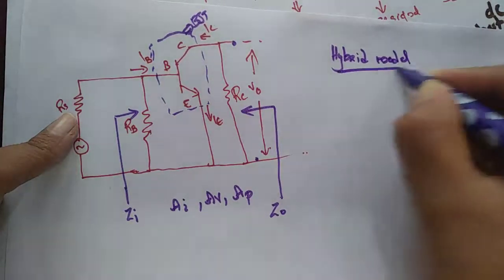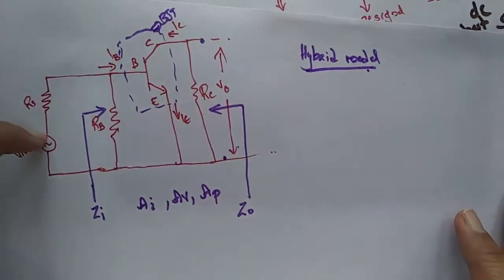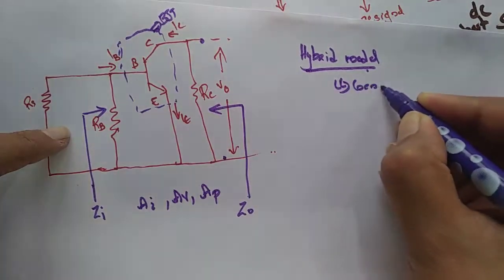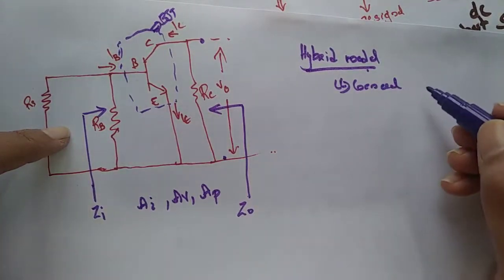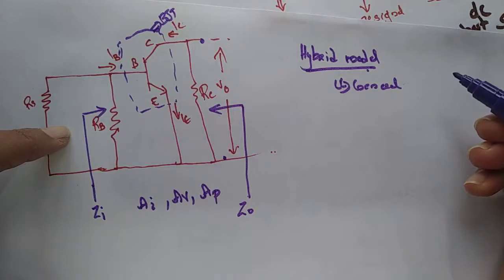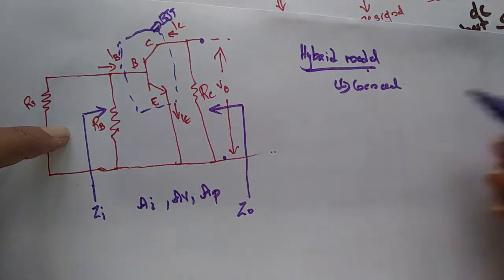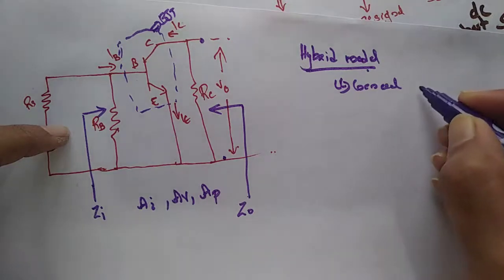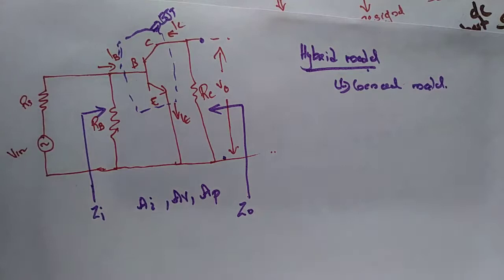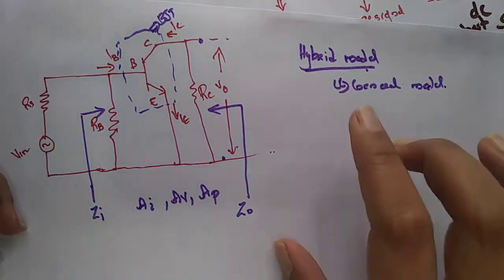What is the speciality, or rather the disadvantage, of this hybrid model? This model is a general model. It talks only generally about the circuit, as we do in our circuits and network class, where we just say a linear bilateral n-port network. Generally it is saying, so this is a general model. We can't customize it. No customization is given in the hybrid model.